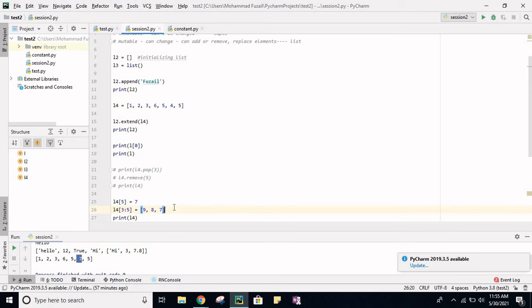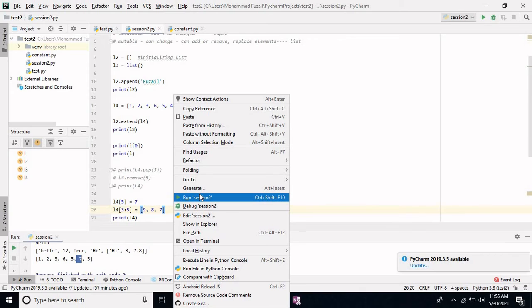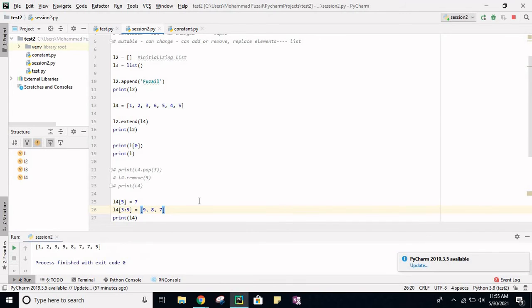Now if I print, see, it replaced 6, 5, 4 with all these values. Any doubt here?